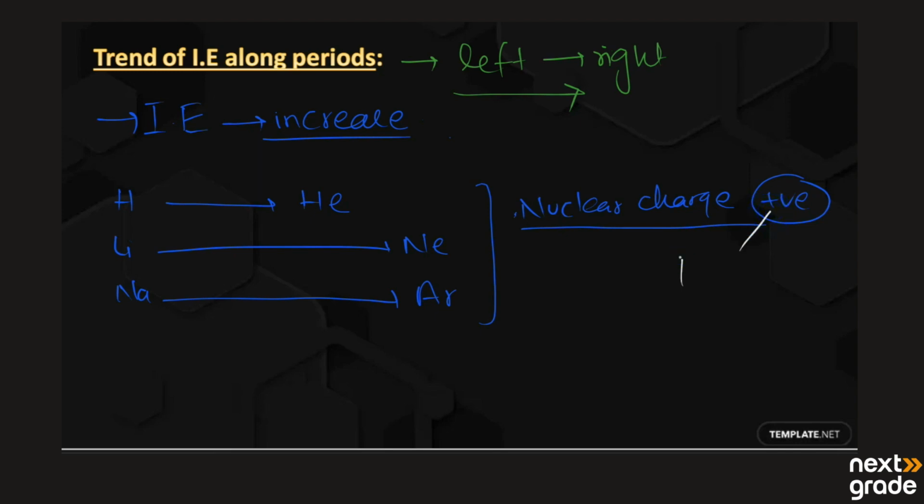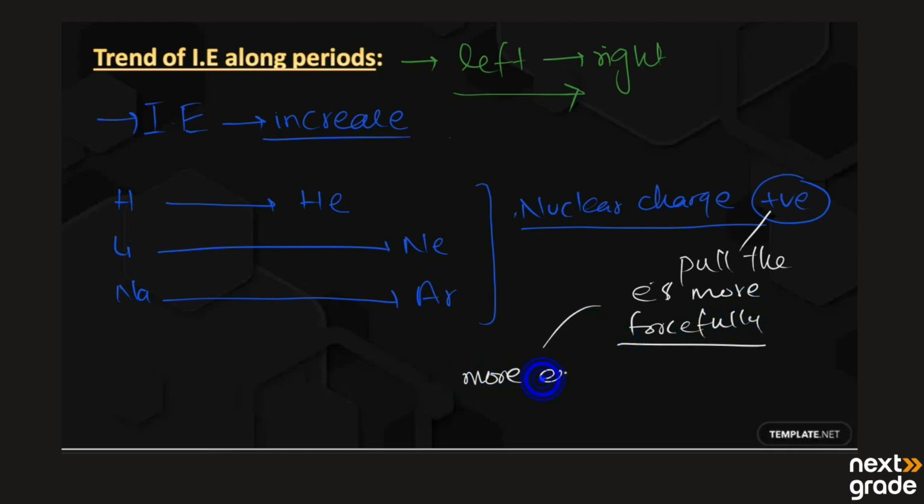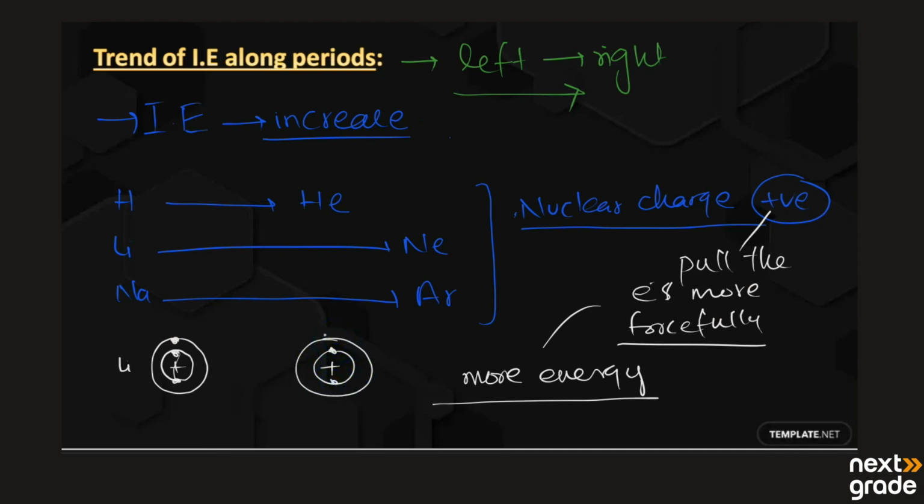Now, this positive charge will pull the electrons more tightly, more forcefully. So we need to provide more energy to remove the electron from the valence shell. Likewise, if we are talking about lithium, its electronic structure is like this. First shell is having 2 electrons and the last shell is having 1 electron. And neon has first shell 2 electrons, last shell total 8 electrons, and between we have the